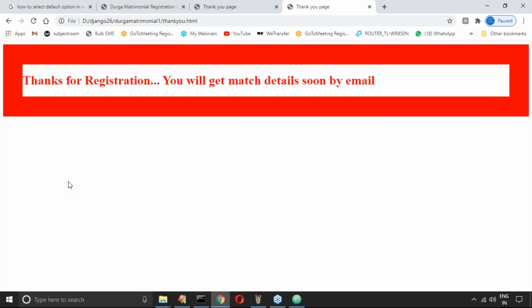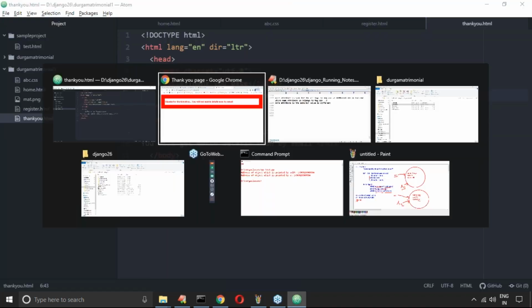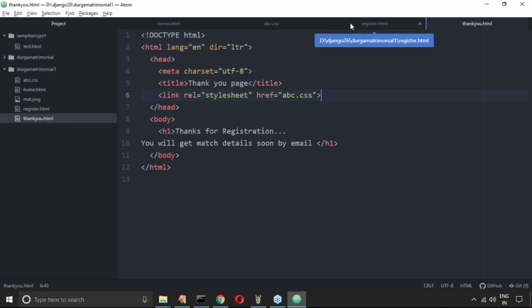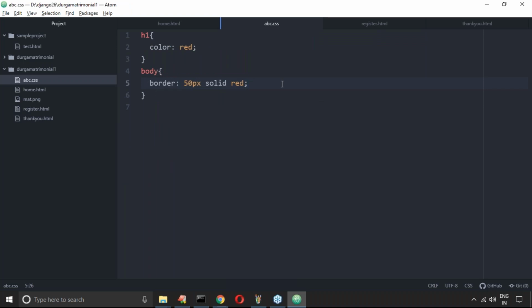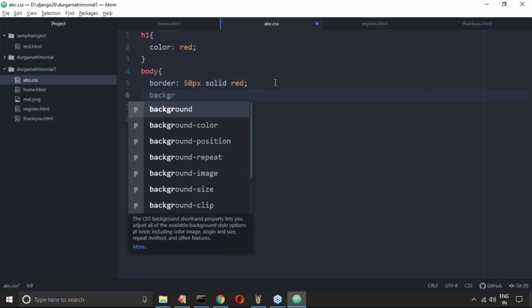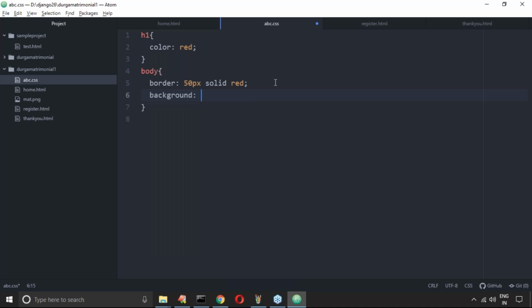Next, if you want, you can add some background images also. Suppose I'm trying to take here body, background, background URL.